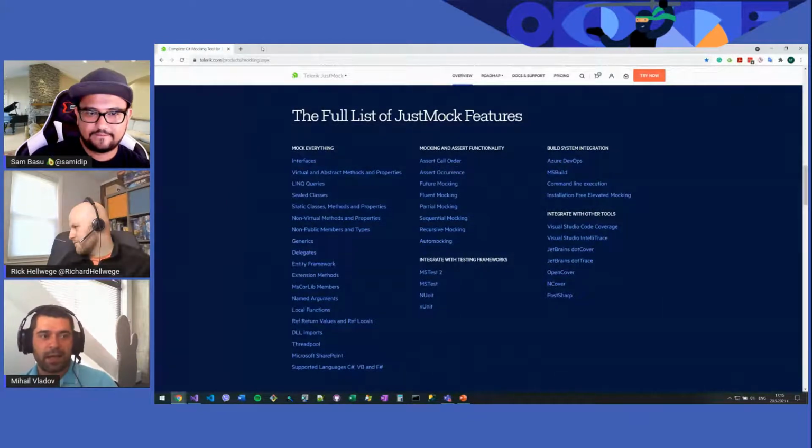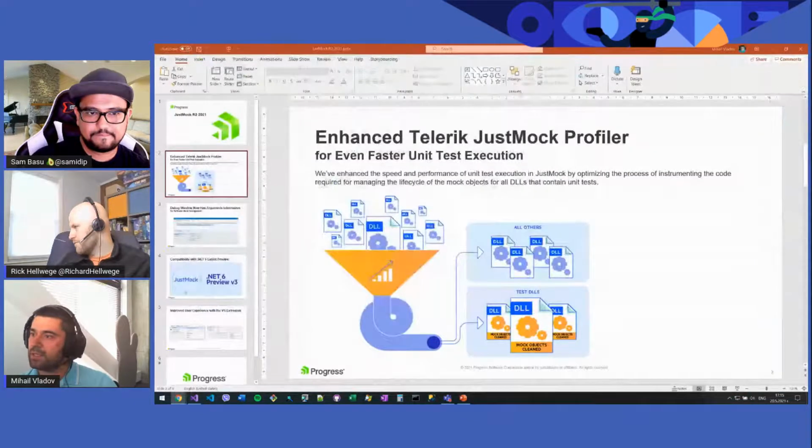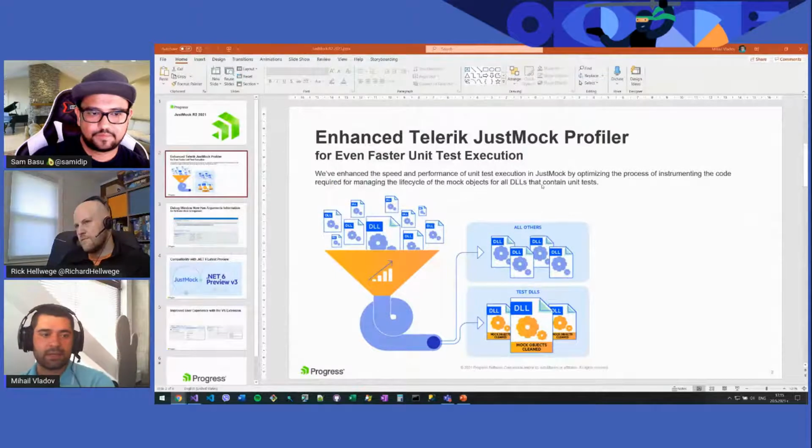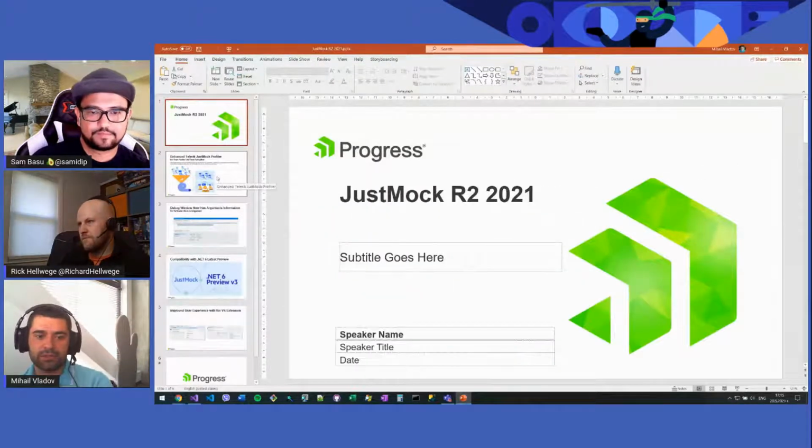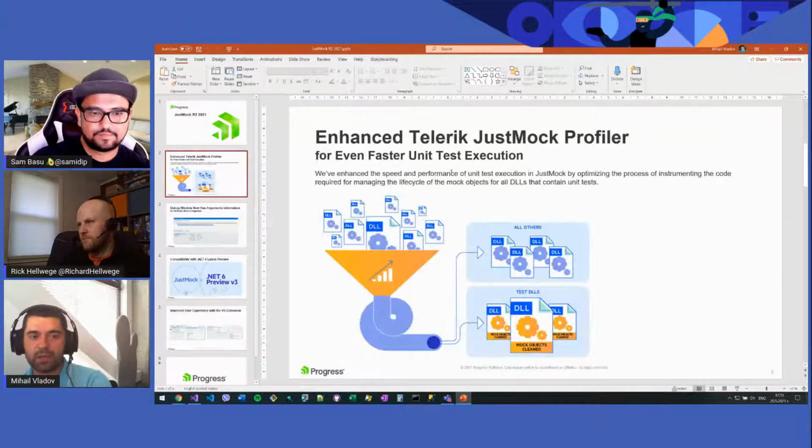Let me remove that and get back now to our current release, which is R2 2021.